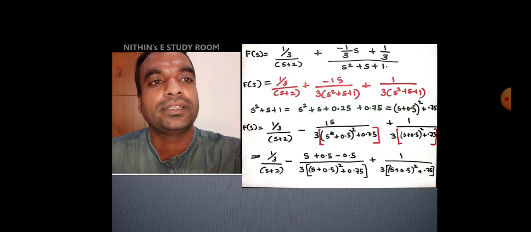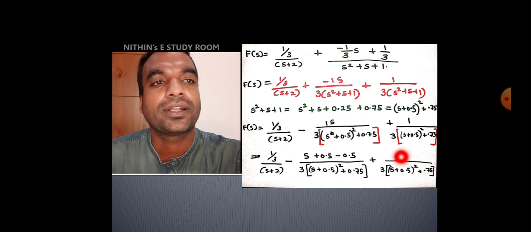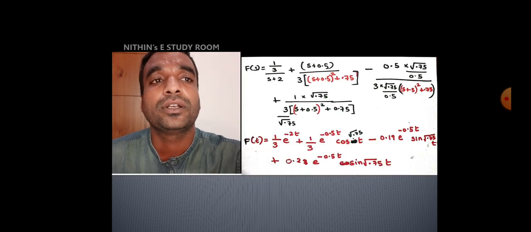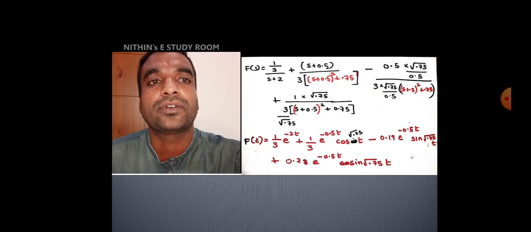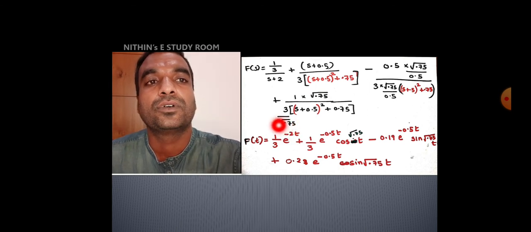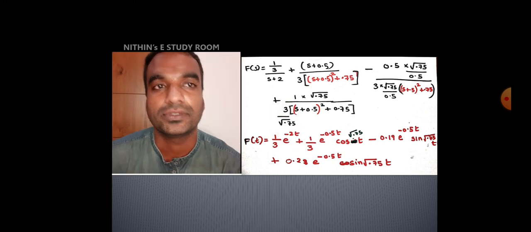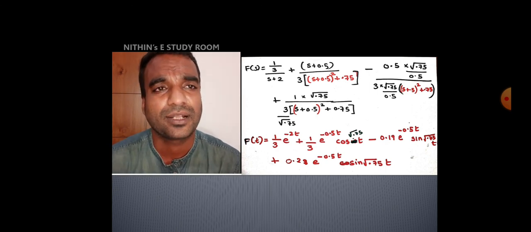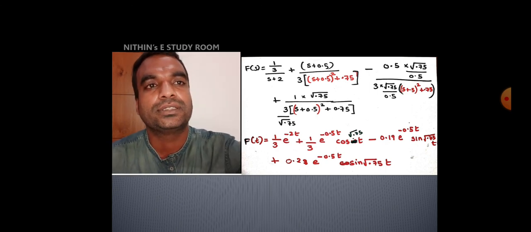What was there previously? Previously it was 1, but 1 will not make any sense. I want root 0.75 there. So I am multiplying numerator and denominator with root 0.75. Okay, here there is a small mistake. This should be also done here, not in the denominator. 3 into root 0.75 is needed, not 3 by root 0.75. Okay, that is just calculation. Anyhow, now this is in the standard form.